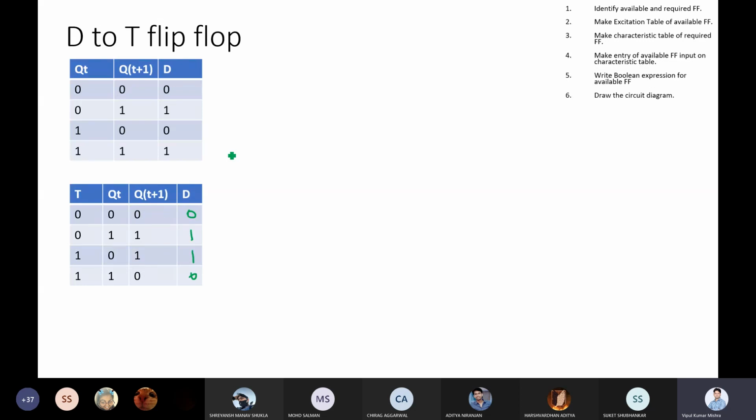Now, what we want is a 2 variable K map, where you have T bar and T on one side and QT and QT bar on the other. The values are 0, 1, 1, 0.